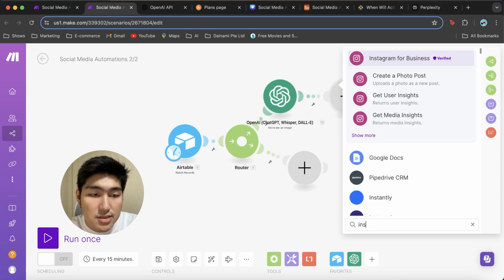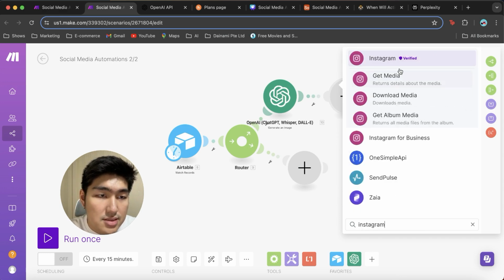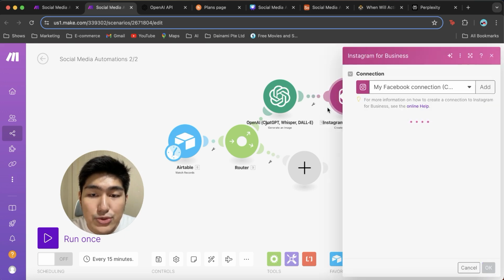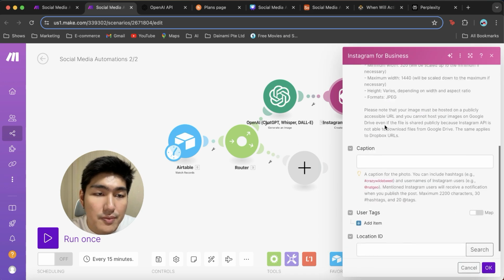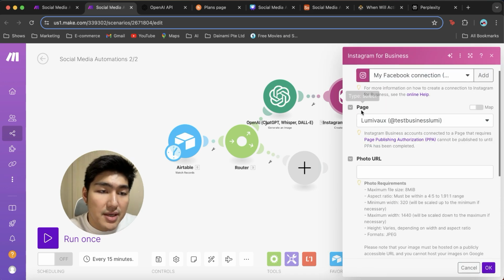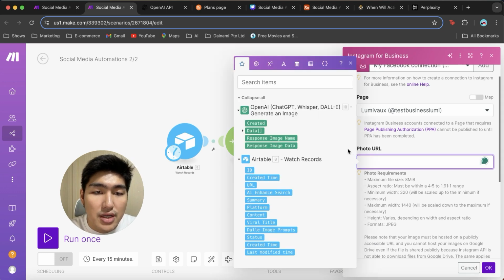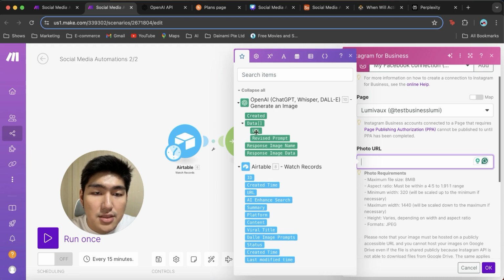This time we're going to search Instagram for business. Instagram for business. And we're going to create a photo post. It's exactly what we want to do to complete our automation workflow. Over here, make sure to link your Instagram page using the API, and once this is done, we're going to click onto a photo URL, and we're going to click the data from the DALL-E generator, and we're going to